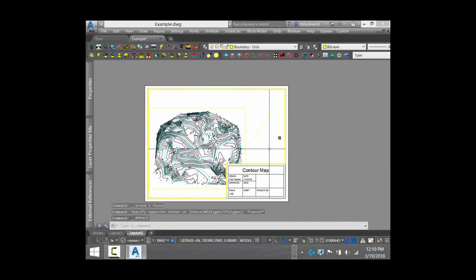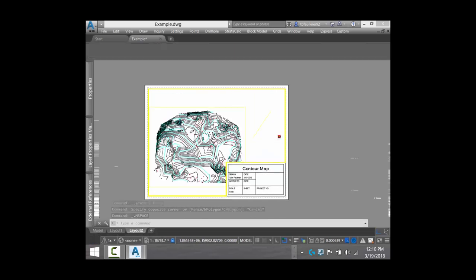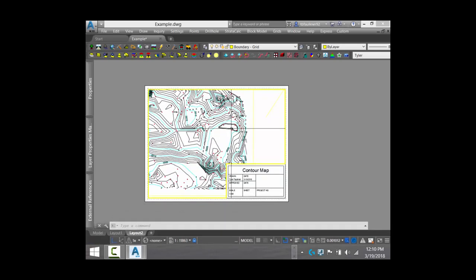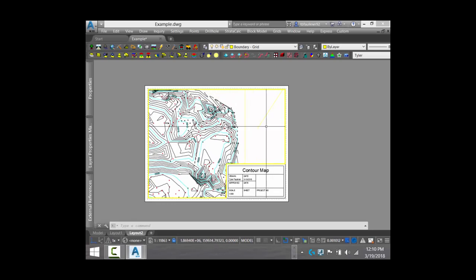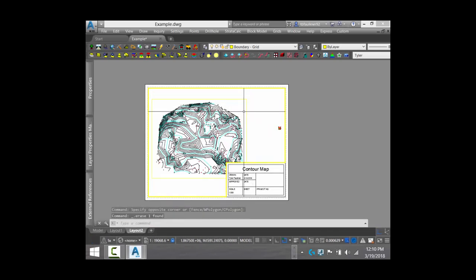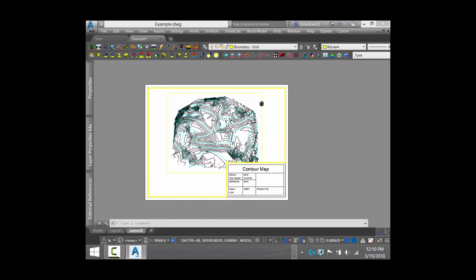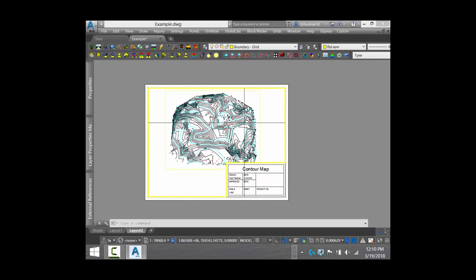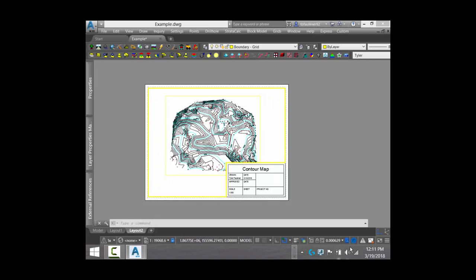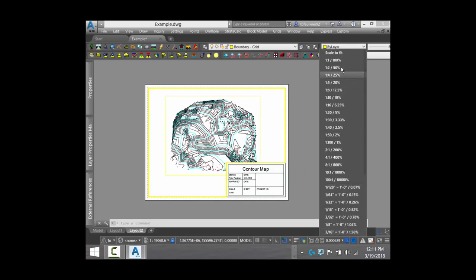Another way I can actually jump between the viewport and the paper space, if I double click inside the viewport, it's going to allow me to adjust that. And I can still do everything I was normally doing. I can draw things, I can label things however I want to see it. That's fine. And what I want to do is set the size of this scale so that I can see everything that I'm interested in, and I generally want to put this on a more regular scale. While I'm in model space, I'm zooming around here, I can come down to the very bottom right, and there's a few